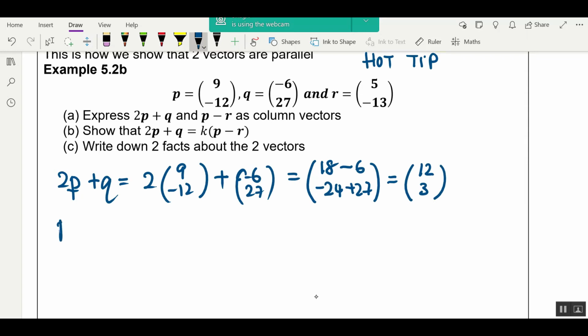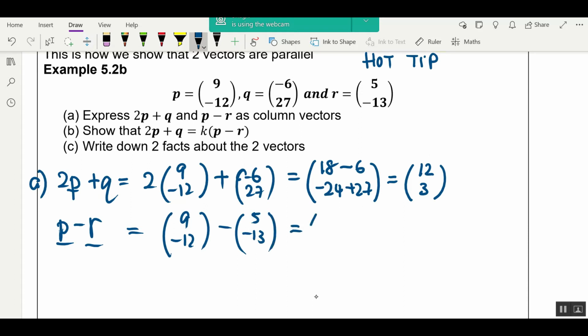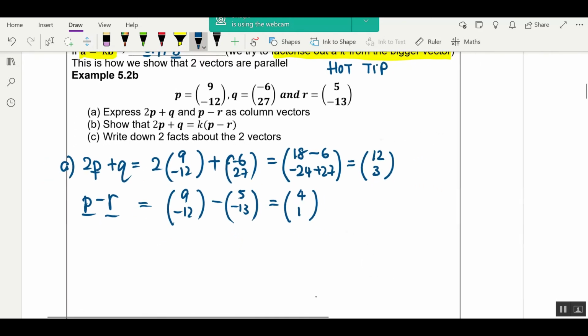Okay, and p minus r will just be equals to 9, negative 12 minus r, which is 5, negative 13. So this will be equals to 4 and 1. Okay, now show that